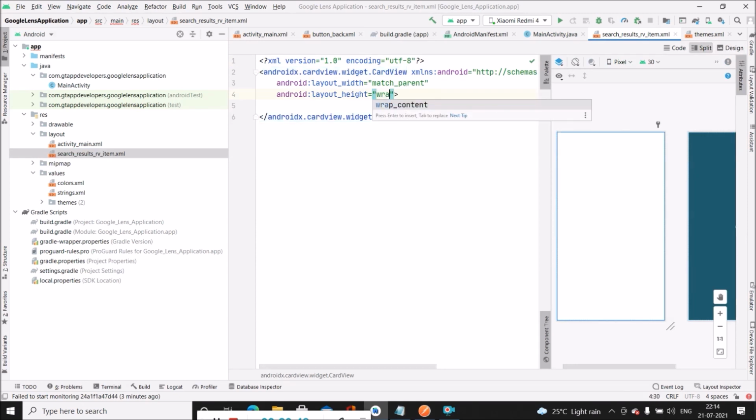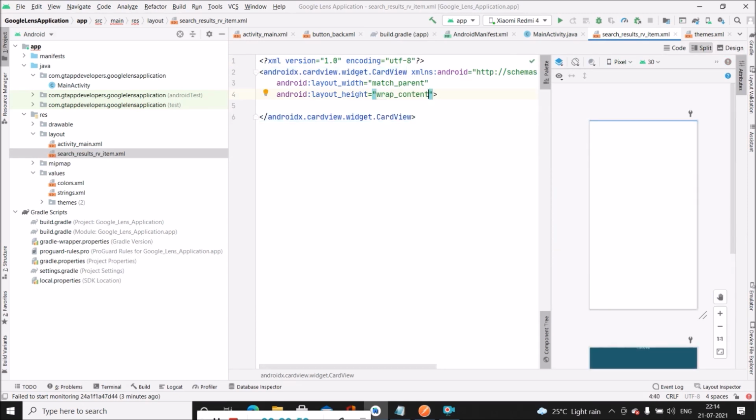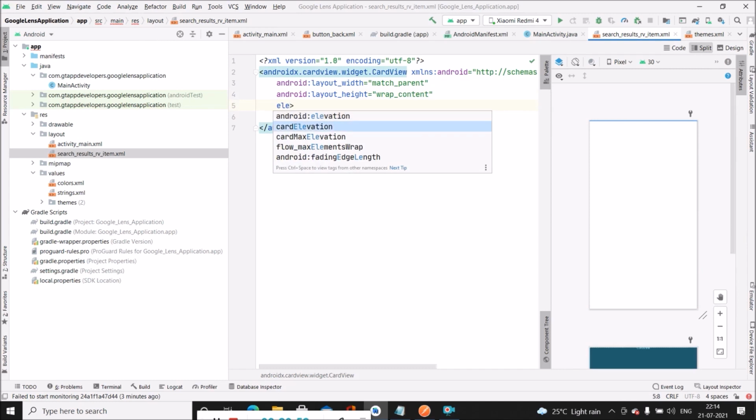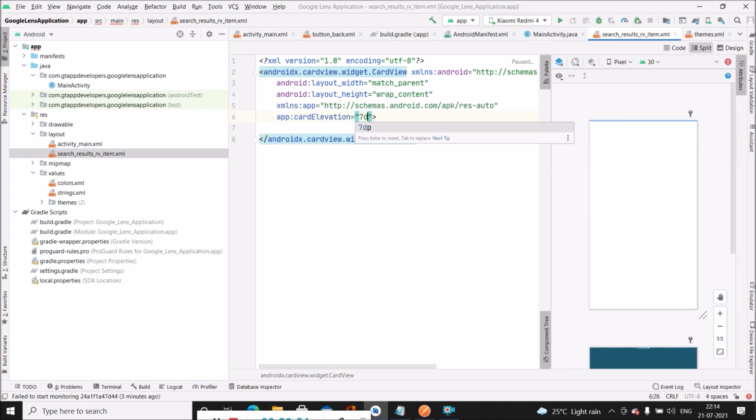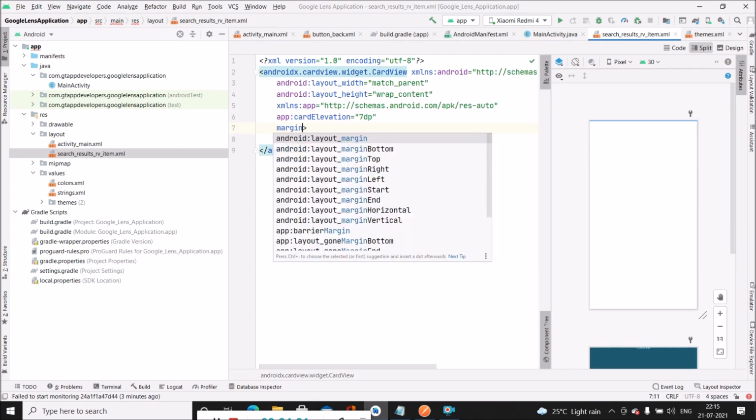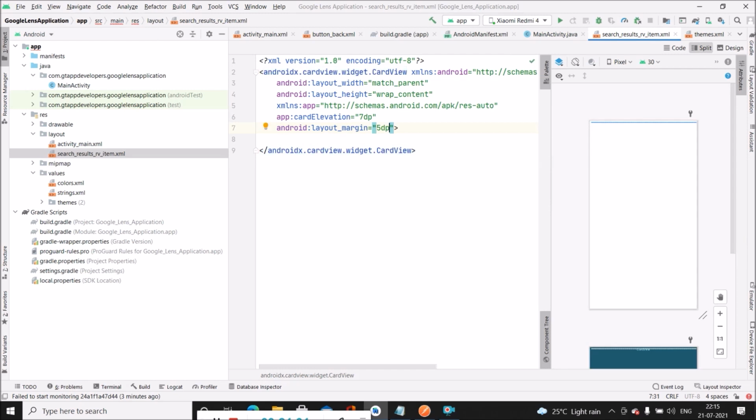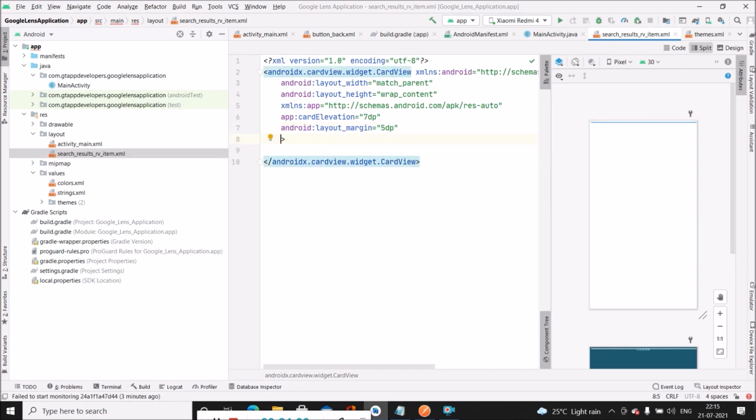We will change the height to wrap content. Then we will specify elevation as 7 dp, then margin as 5 dp, then corner radius as 4 dp.